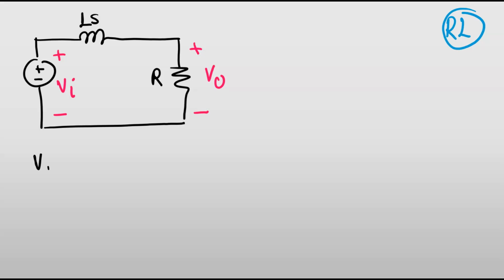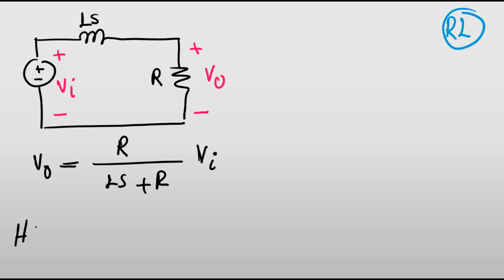If I want to describe VO, again, I'm going to use a voltage divider and I'm going to have R over LS plus R multiplied by VI, which is my input voltage. Now again, I want to get rid of the coefficient of S here, so I have to divide everything by L, and my H of S, which is VO over VI, is going to be